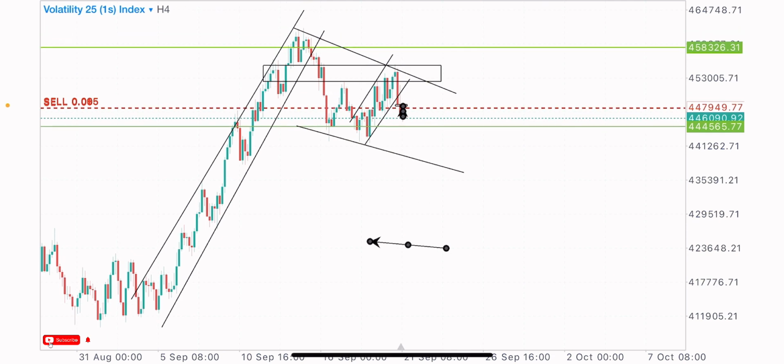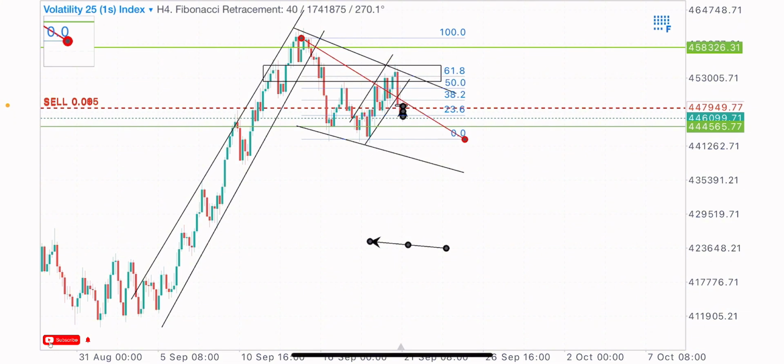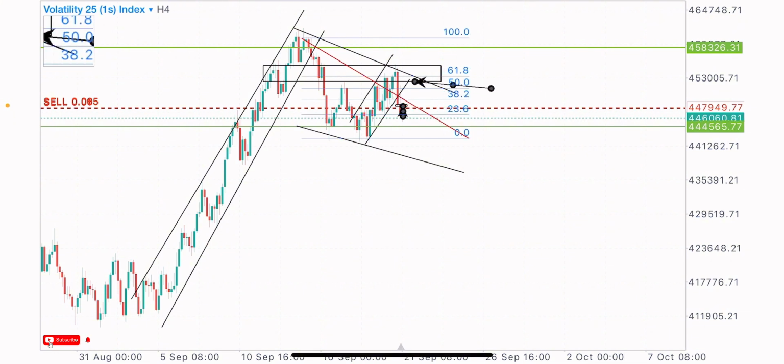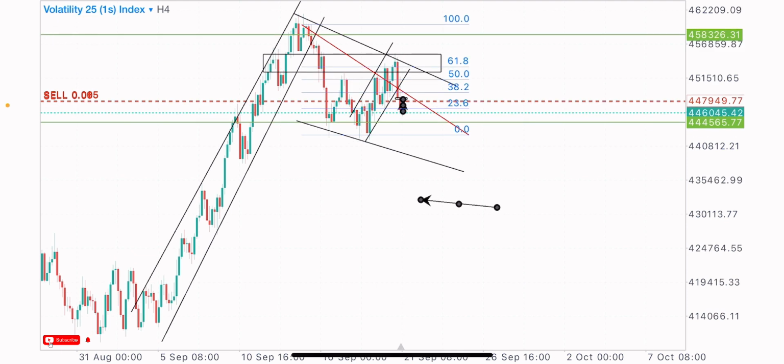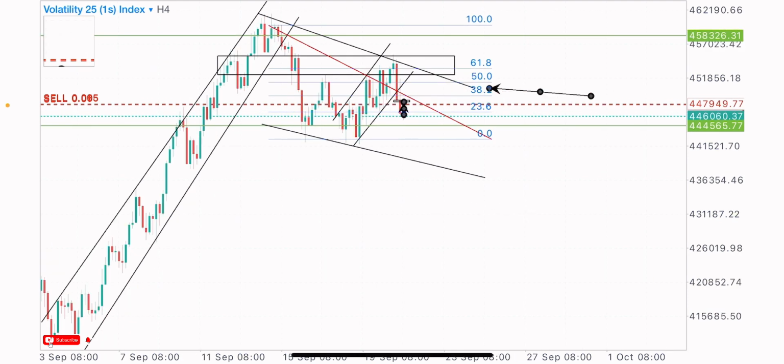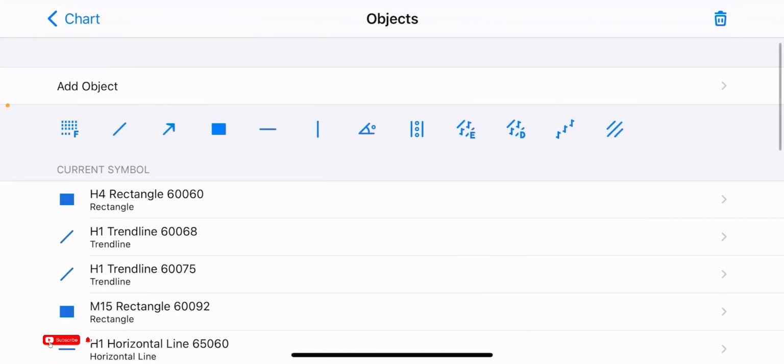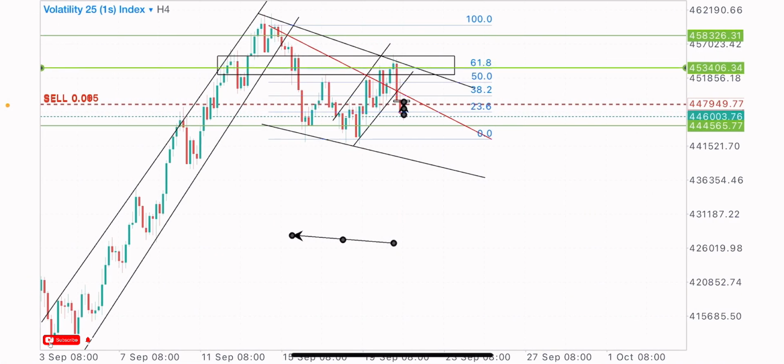So I mapped out the retracement level at this zone from the swing highs here to the swing lows, and we can tell that the market rejected on the 61.8 retracement level, which we got at this zone. You can see this 61.8 retracement level here. It's clearly seen when we zoom in the chart. You can see it at this point. Let's identify it. So we got this level here. So we can tell the market retraced on this level, and we're getting the rejection,